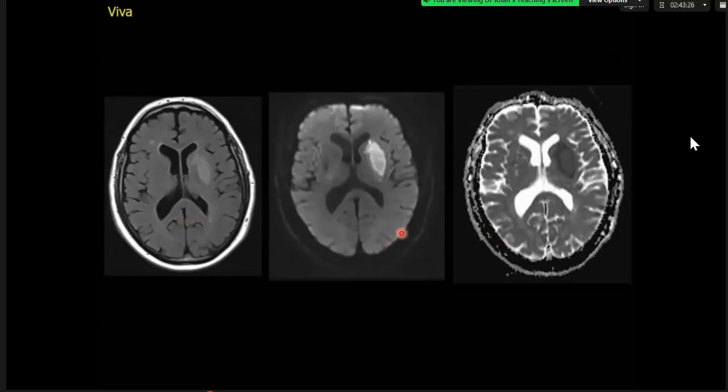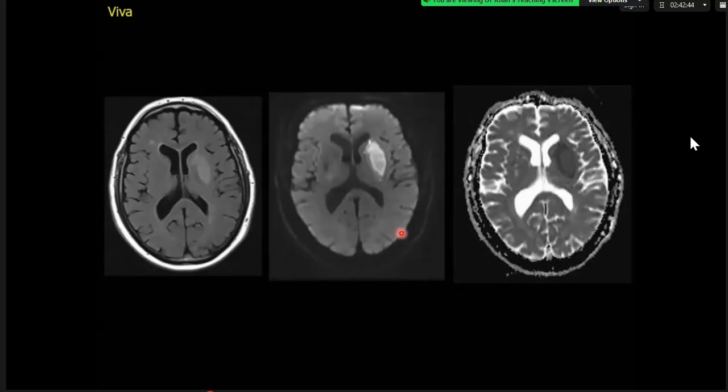Over to you. Yeah, so there is a high signal lesion in the lentiform nucleus on the left side, which has got high signal on DWI and low signal on the attendant ADC map. Appearances are suggestive of possibly an infarct or possibly an abscess as well. Abscess versus infarct. So why have you said abscess? Because there will be restriction. Sorry, there isn't any rim around it actually. So I think it's more likely an infarct.